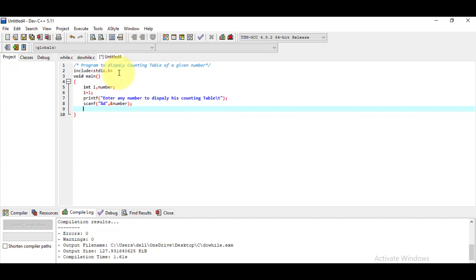For that I'm using a little bit of decoration. In order to do that, I'm using the printf function, and here I'm using a curly bracket, and I'm using this plus sign, and here I'm using \n. I just wanted to display a line with this plus sign over there. After that put the semicolon here, and after that write do, and here we have to write the body of the do.